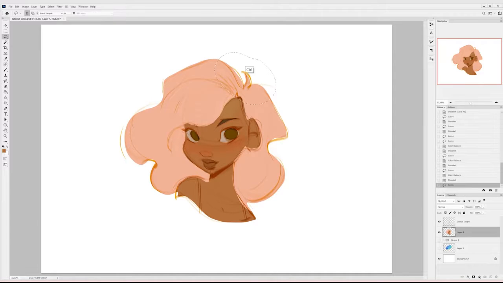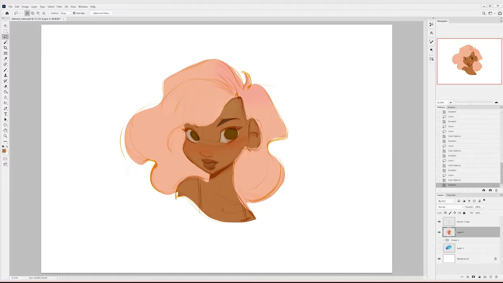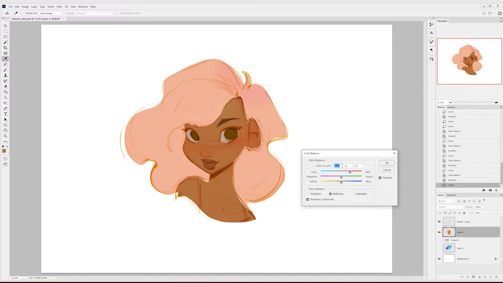I can think about whether I want her roots to be darker, and if I do, do I want them to be more of a purpley color or more of a red color? So I'm just playing around and seeing what happens. This combination of color balance and the feathered lasso tool is what really allows me to search for interesting